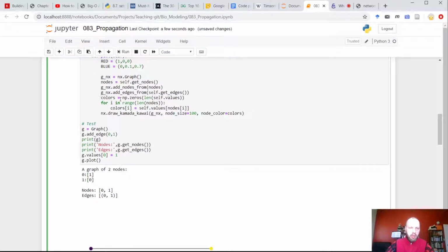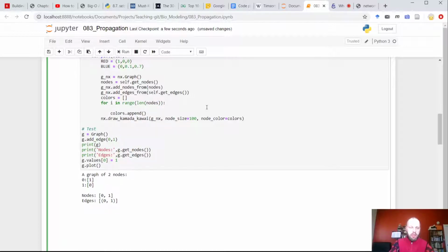And then colors will be a list, no longer a NumPy thingy. And then instead of changing the value, I will do append. So I will add values to it one by one. But what will I add? Either red or blue.